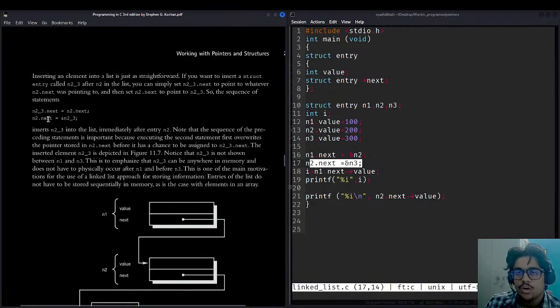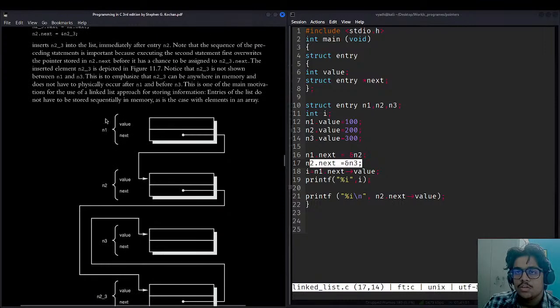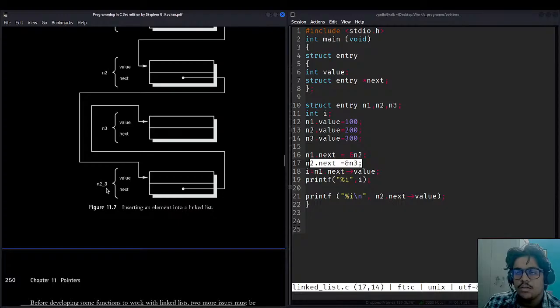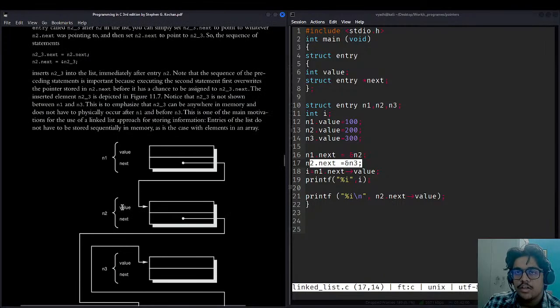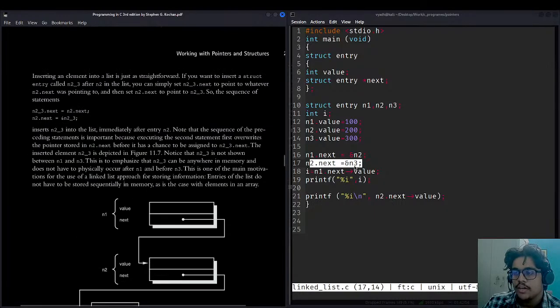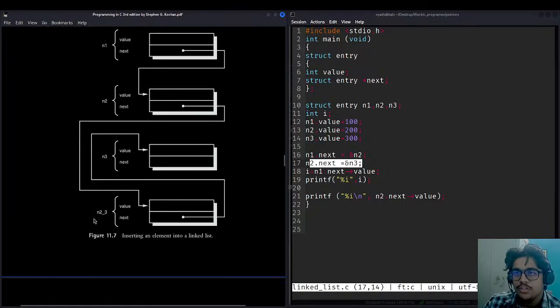In the next line, n2 dot next is referring to n2 underscore 3. So it is now accessing this value, and since n3 is already there, after adding this, it is moving like this. You can just rearrange, and you will get the proper diagram. I think they have not given the proper diagram. So n2 dot next is directly accessing the value inside n2 underscore 3, and then n3. Okay, no problem.